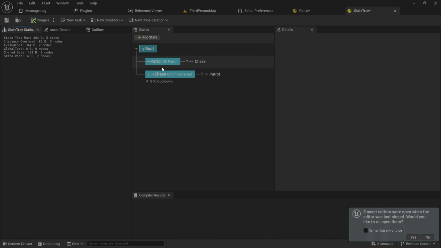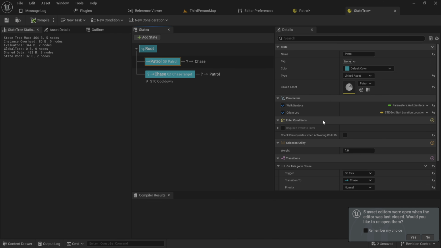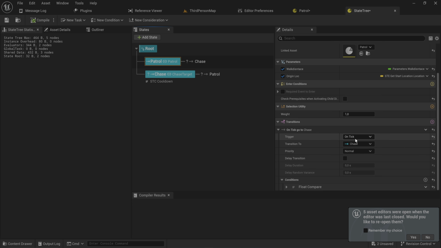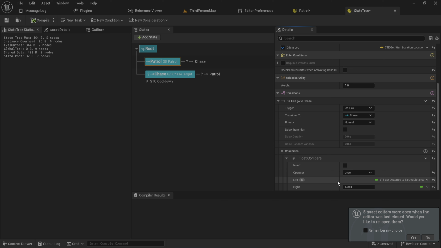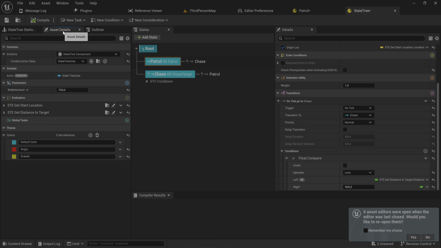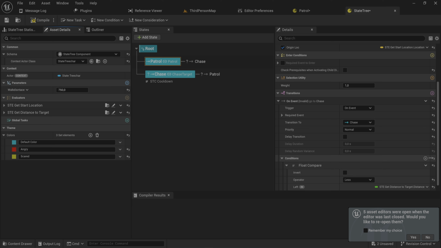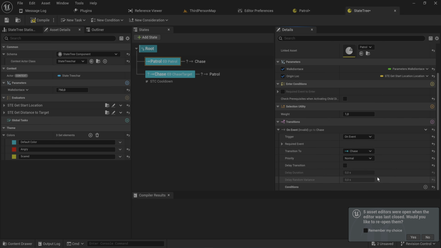and we're going to change this from, instead of just using onTick, transitioning to chase if the distance to the target is less than a certain amount, which is just a little goofy, because if you sneak up behind them, they won't see me, but they will still start chasing me. So what we'll do is get rid of this, and instead we're going to do this on event. We don't need to use this condition anymore,